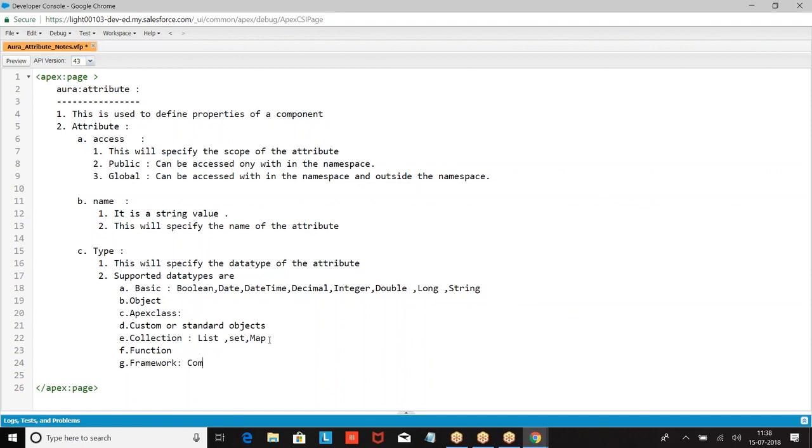Frameworks are component. So these are the types which are supported by the basic types: object, apex class, custom or standard object, collection, function, framework.